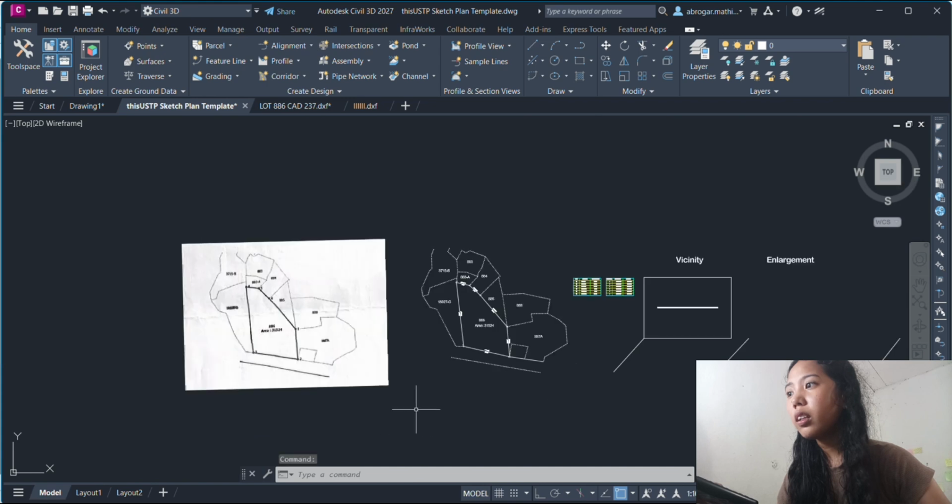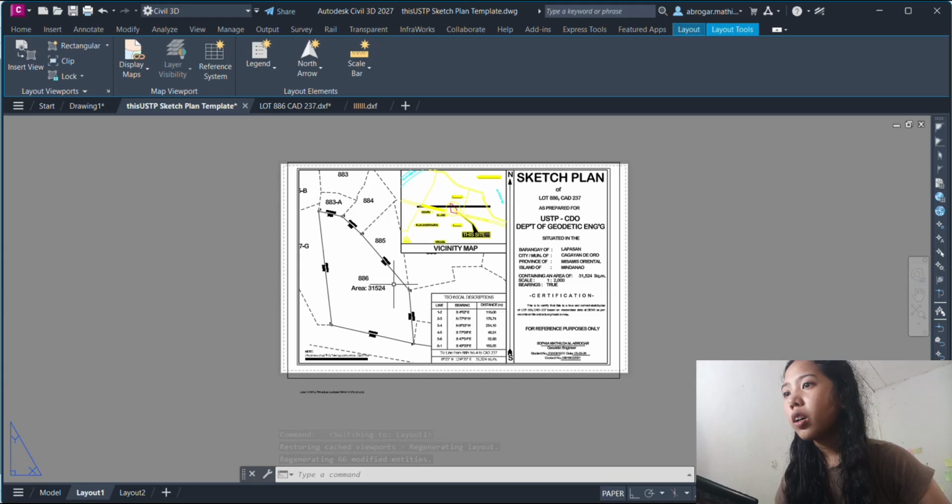Then go to File, Create Map, then select Orientation 888 and